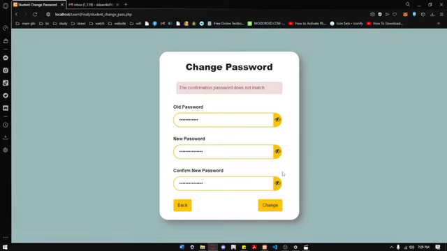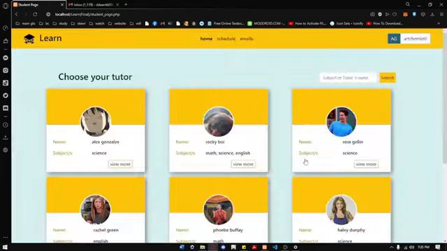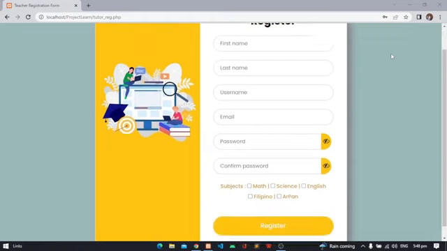And then click change. And when our password is successfully changed, our account will automatically log out. And we can now try to enter our new password. So this is our new password. Let's try. And there you go.